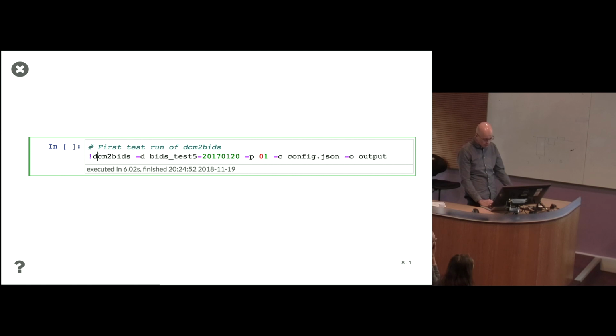So the basic syntax for using dcm2bids, this is another command line application, although you can use it as a Python library if you want to. We're going to point it to this test directory that we already looked at. We want the outputs of that to be participant 1 in the BIDS output. And this is the configuration JSON that I just created, which is basically empty at the moment. And the output, the BIDS dataset, should be saved in the output directory. And that's it. So if we run that,